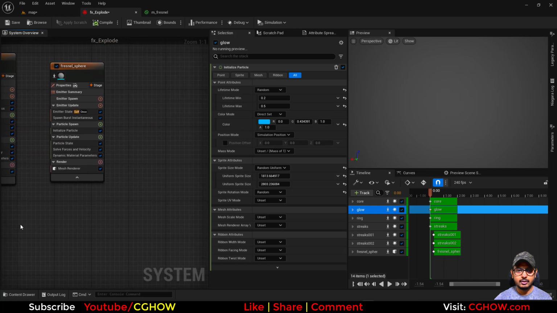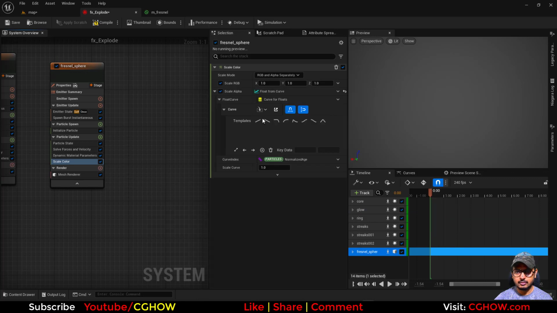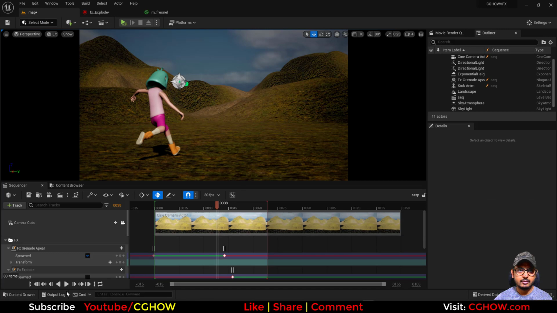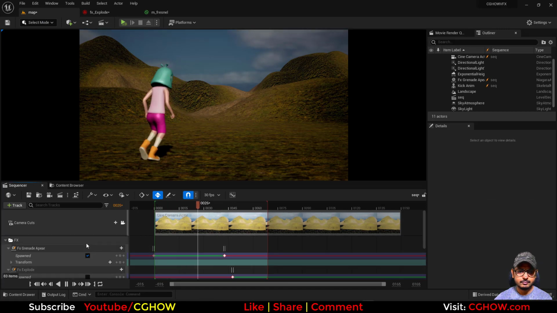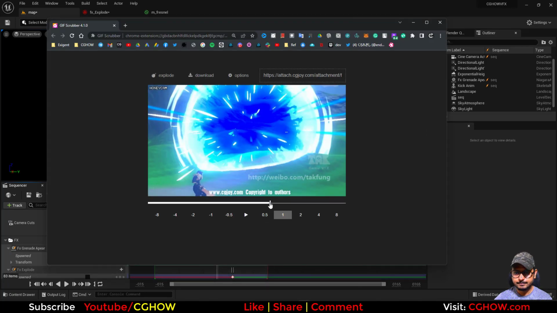So here I will take a scale color, and after 0.5 it will fade. Cool. So now next thing, with this Fresnel and these streaks, there is a material inside this one, and